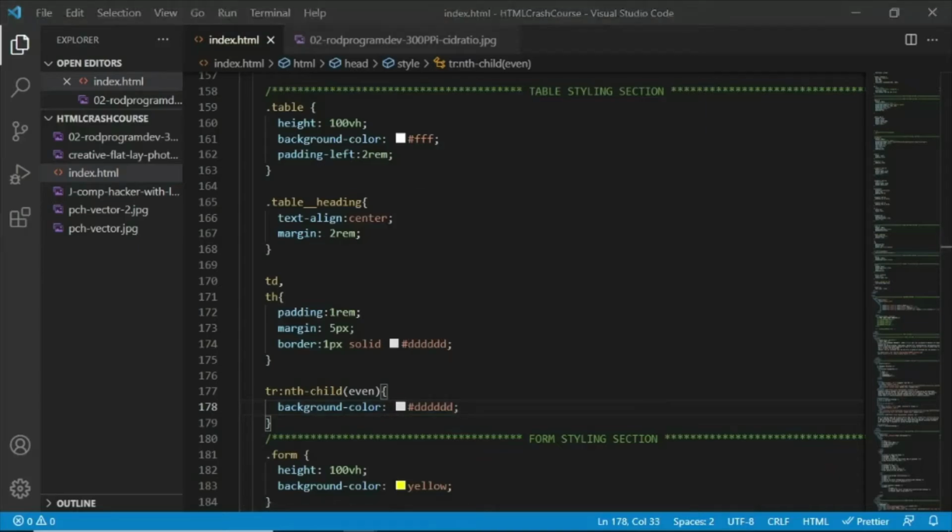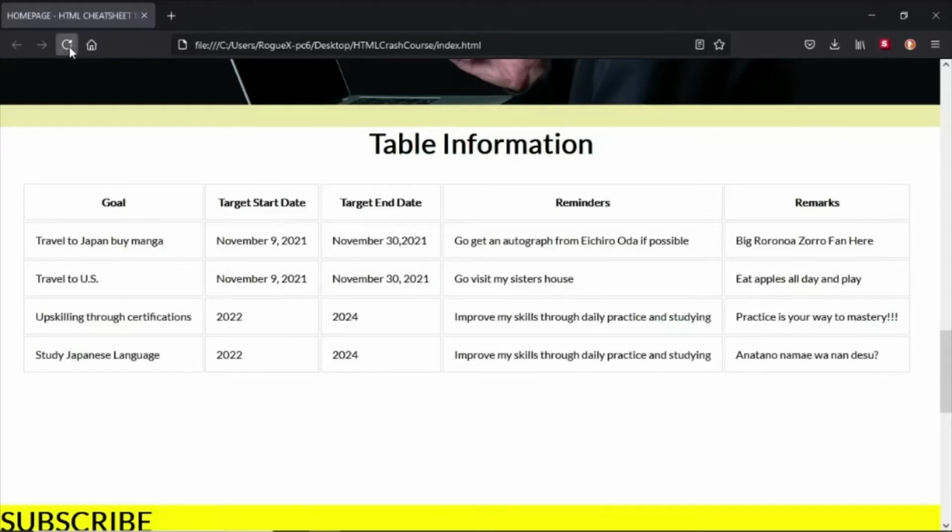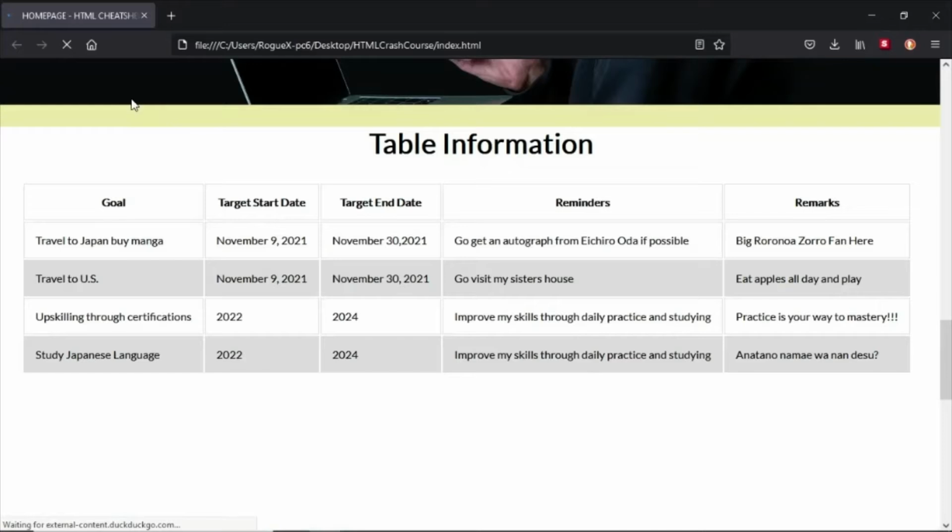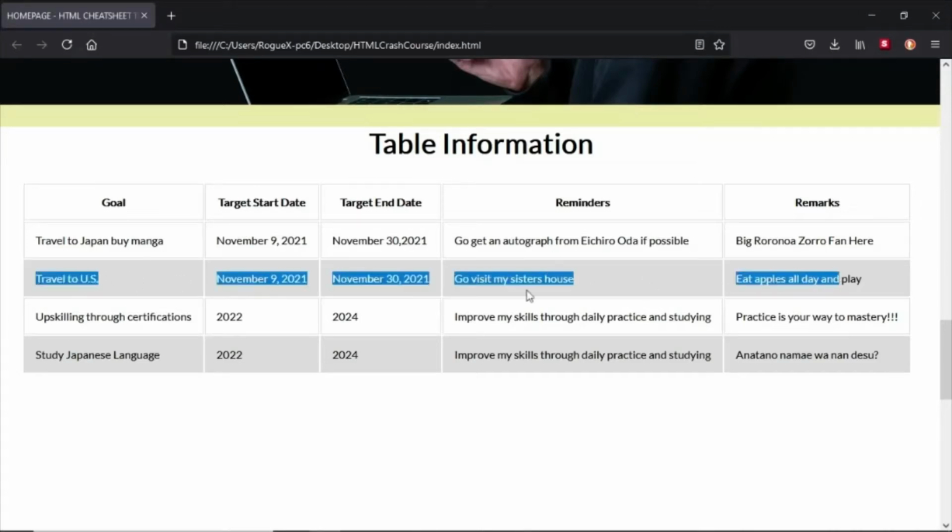Let's go back to our site here and refresh. You would see here, guys, that we now have an alternate of the background color of our table data cells